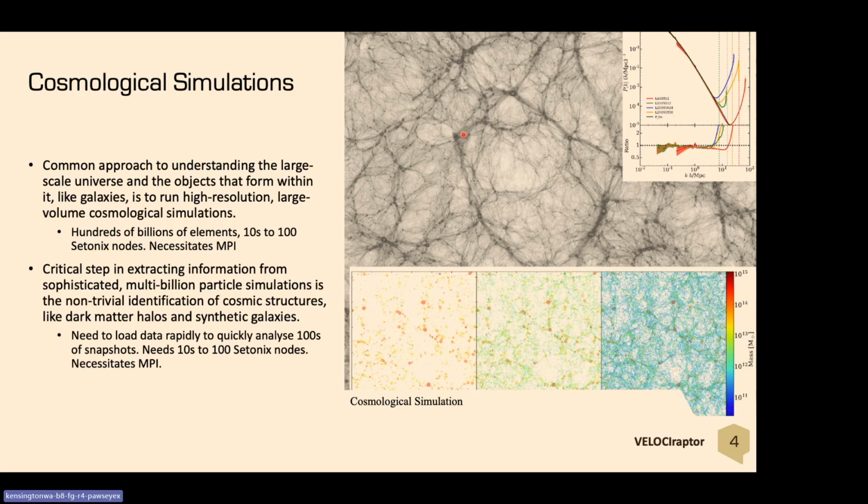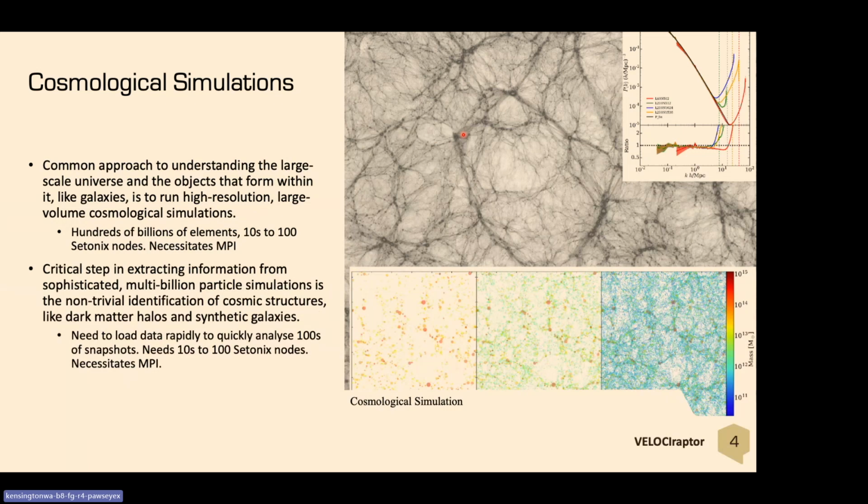And so then you need tens to hundreds of nodes on photonics, let's say, to run this type of simulation, and even the analysis of the simulation. So running the simulation isn't enough. And that was kind of in yesterday's talk where they were looking at computational fluid dynamics and then looking at the data processing. The data processing for image generation wasn't as memory heavy as the numerical analysis. But in this case, the processing of the data can be extraordinarily computationally intensive and is a very memory intensive